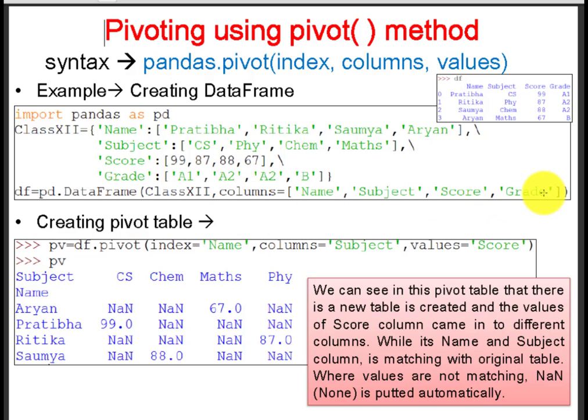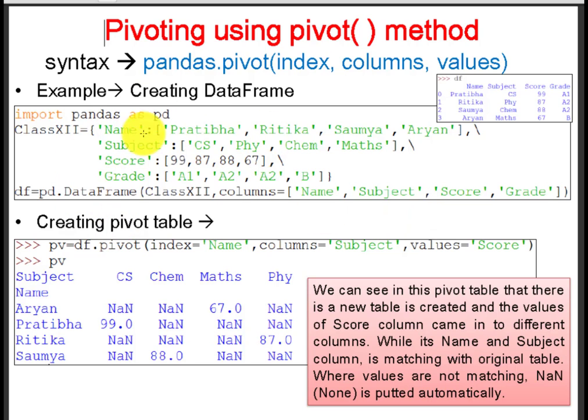This is optional. Clear? Whether you pass it or not, it is optional, because we already assigned the column names. But simply, you can once again pass it. Let's keep it in practice. So the columns we have are name, subject, score and grade. These columns we have in that data frame.